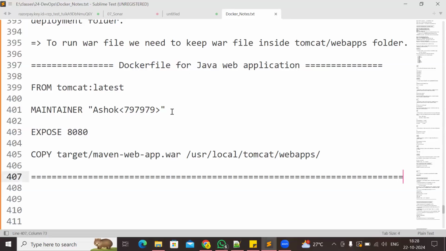All right. So this is a Docker file to run our Java web application. Are all of you clear with this Docker file now? Is there any confusion? It will download the latest version of Tomcat, Tomcat 10. But if you want to download a particular version of Tomcat, you can specify it in the base image with that